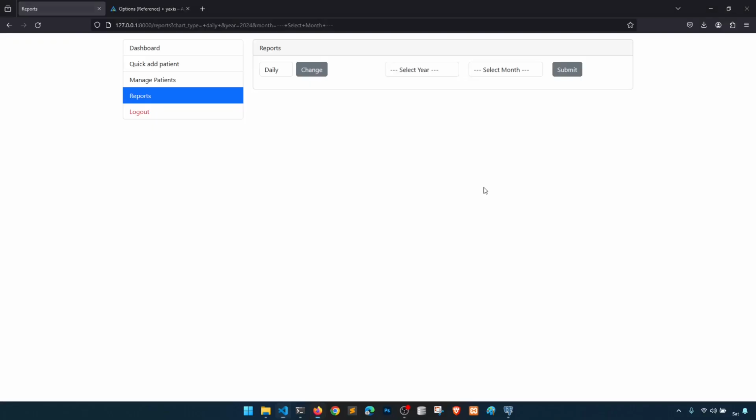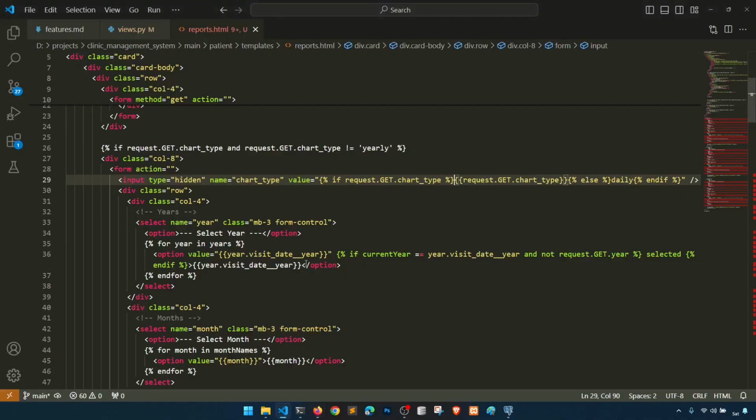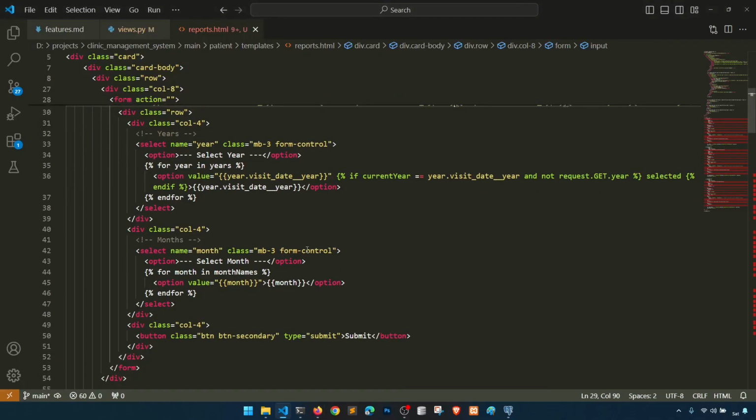Actually this is taking spaces. Let's refresh this. So month select, so daily, year this, month Feb, correct? For the month, I think, month, okay,